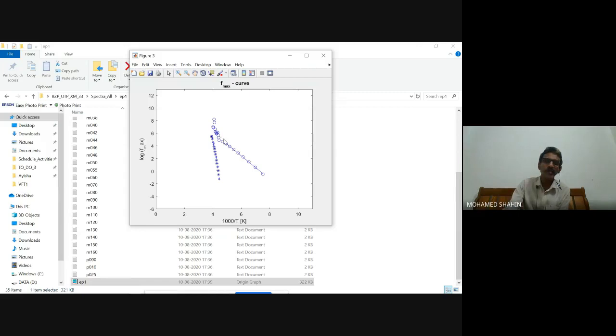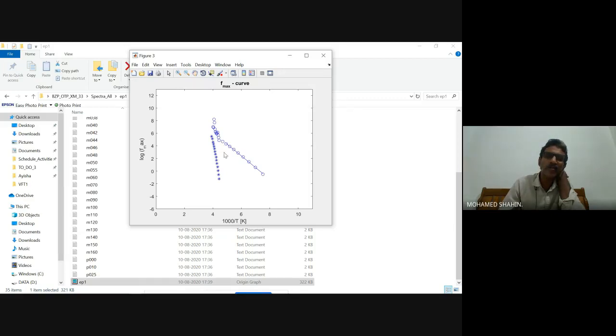Now the second thing you have to do is, you can see that some odd points would always be here and there. As the temperature increases, frequency maximum should increase. So if it is coming down, then you have to lift it up. When you are lifting manually, initially you fix this to the trend.